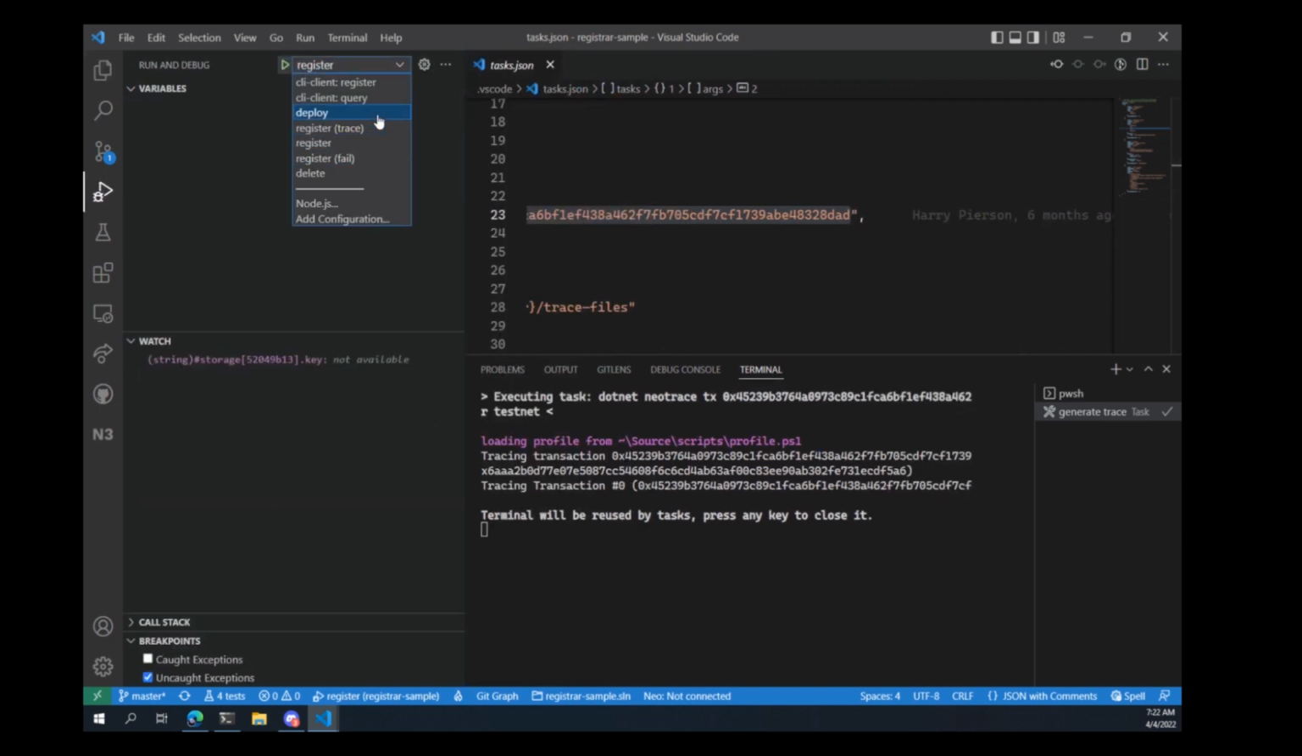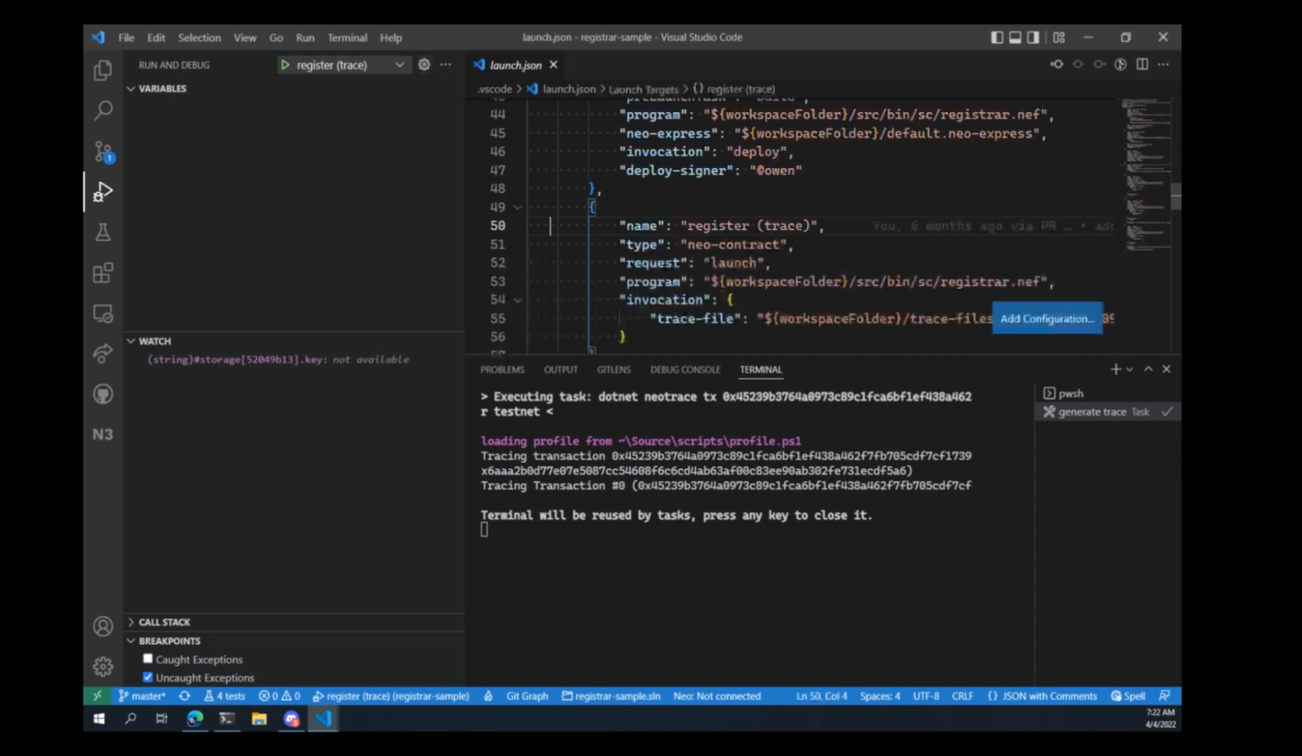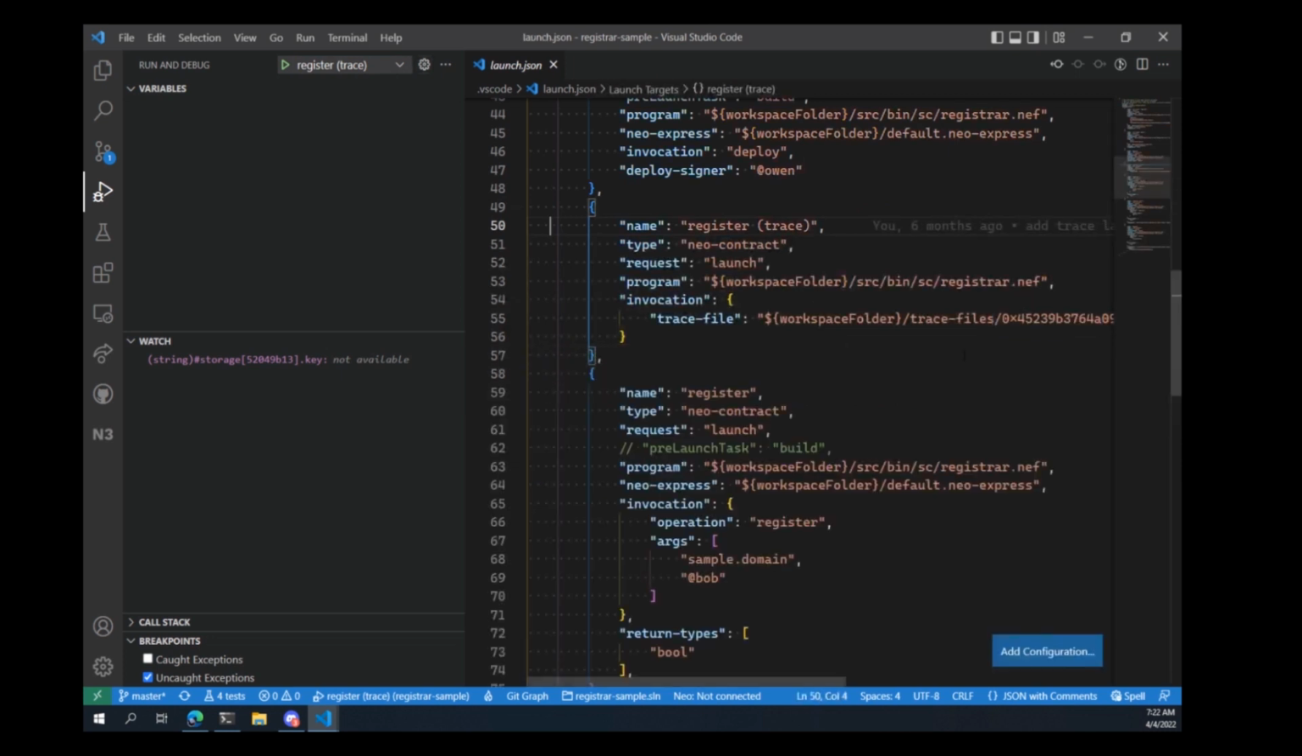So if I come through here to register trace, and let's look in the config file just so we can see what it looks like. We'll see here that where normally we say we're going to do an invocation, like I want to invoke the register function and here are the arguments, here I'm giving it a path to a trace file. So now it's going to actually get that information out of the trace file rather than running it locally. And when I go to run it, I'm going to get,